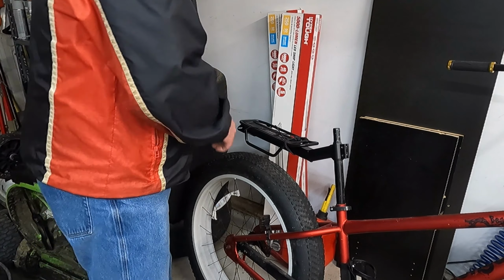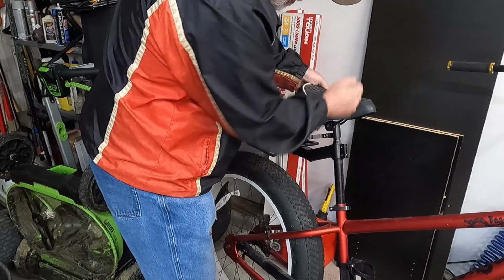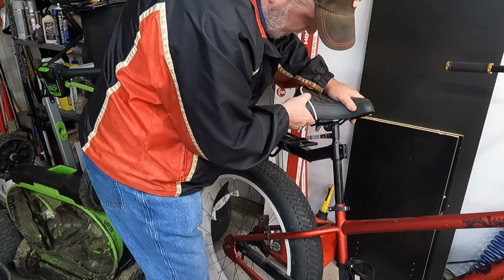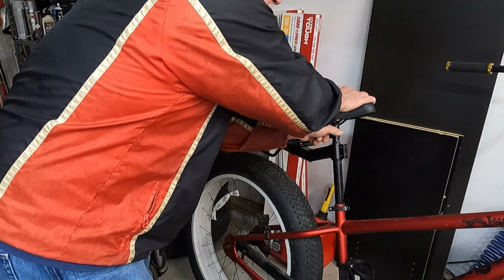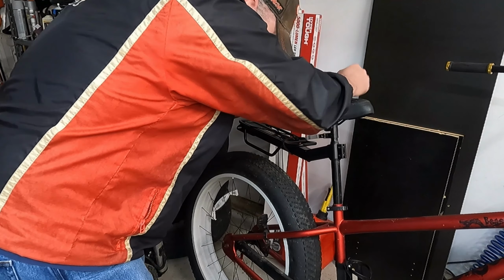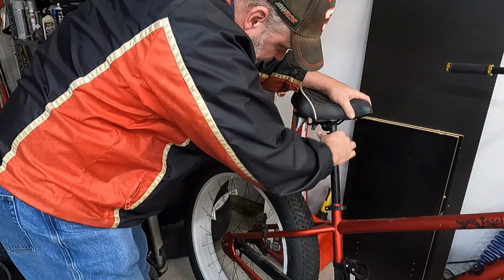And then with my setup, you got the quick release. Just, seems like it should go down further. Don't know if it's all the way in there or not. No, it's not. I guess that's as low as it's going. I thought it went down further. But,